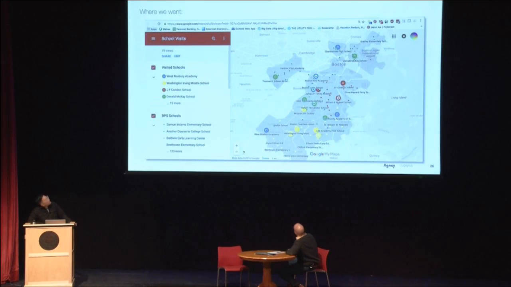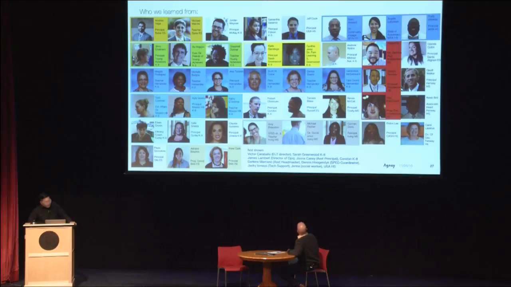One of our tools, again, in our toolbox is using Google Maps to do analytics and also geotag and run everything. So here you can see the large circles represent the schools that we visited by TLT, which is, the district is so big that it's divided into smaller management sectors. But what you can see is we tried to be very evenly distributed across them, both geographically and typologically as well. And then in schools, this is a very abridged version of who we spoke to. But predominantly different principals, teachers, administrators, and then of course all of the students that we spent time with as well.